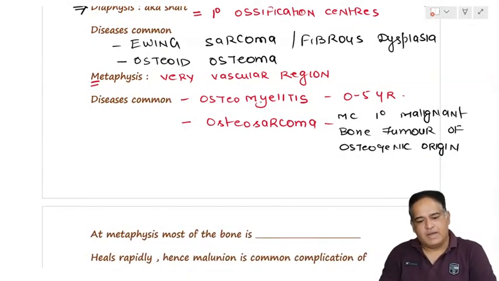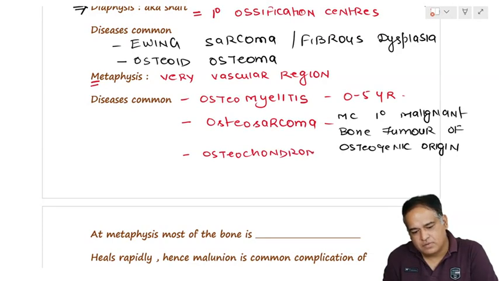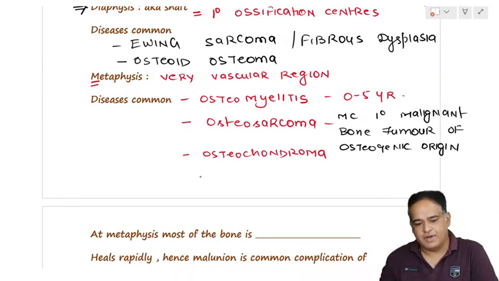Okay. Now, then what else is found at the metaphysis? Osteochondroma. Fine. Osteochondroma is considered to be the most common benign